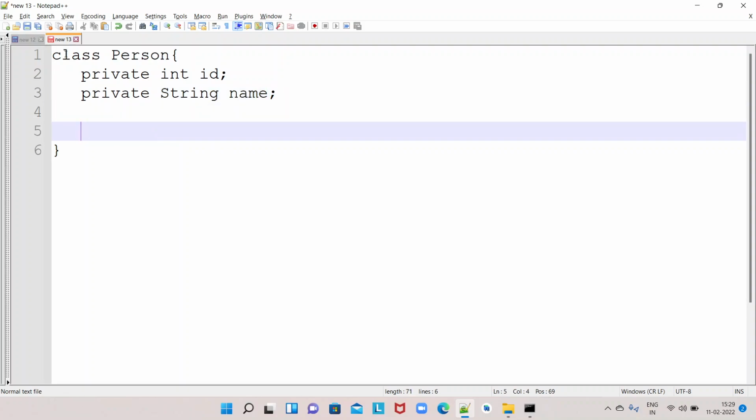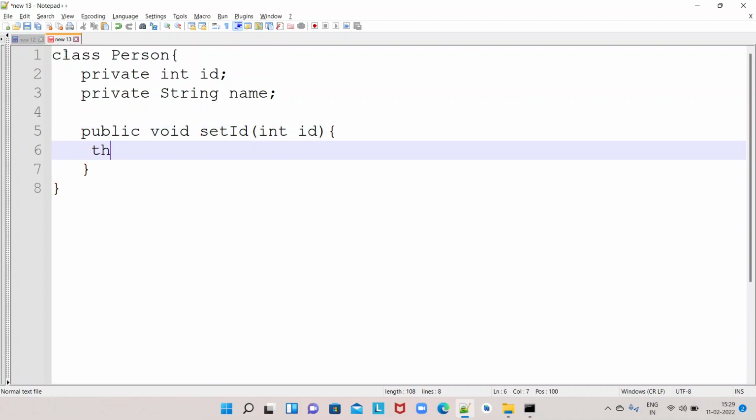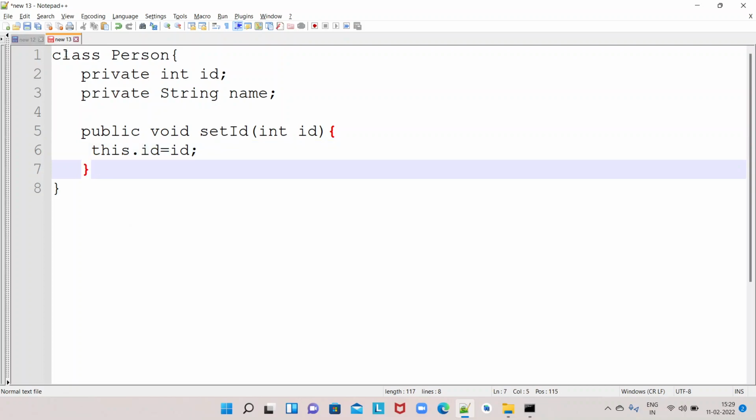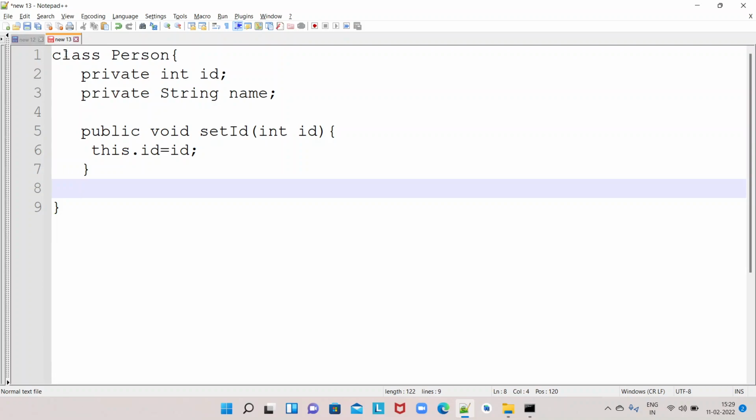These are the properties defined for this class, and there is a public void setId(int id) with this.id = id. This is the setter method to set the data to id. There is a getter method, public void getId,